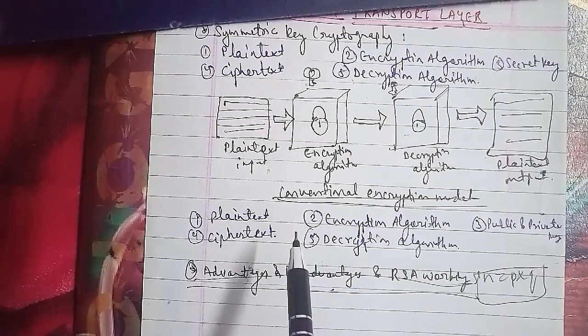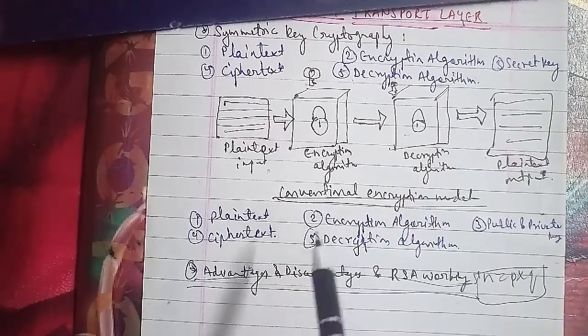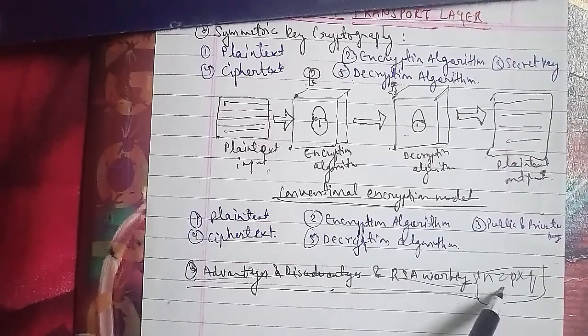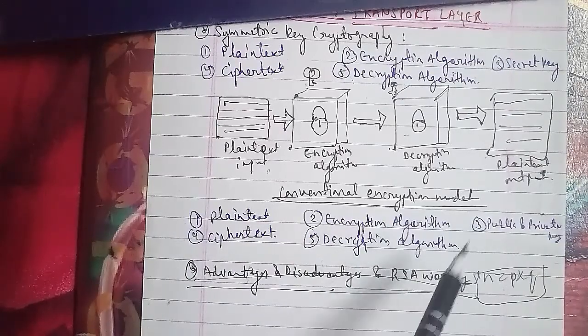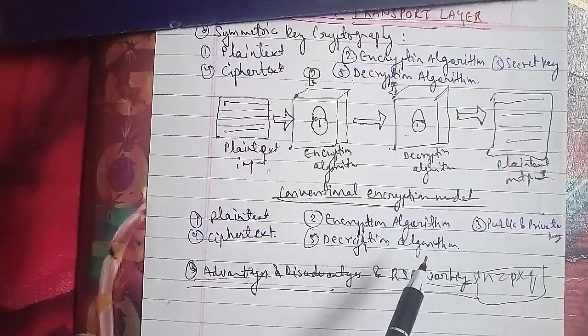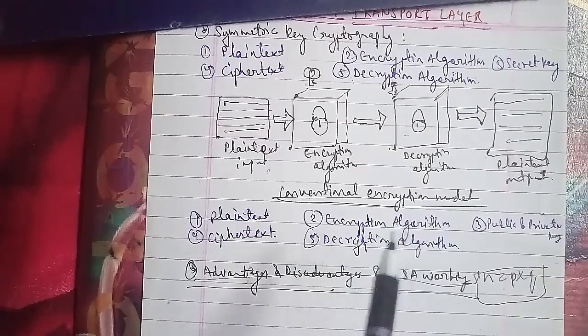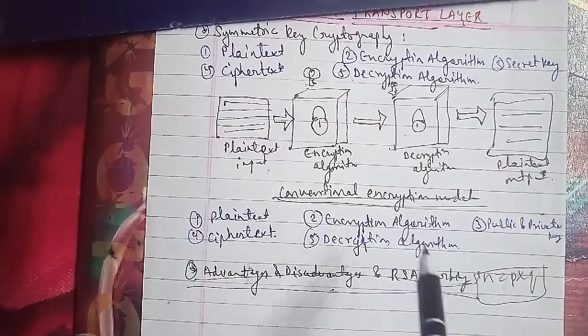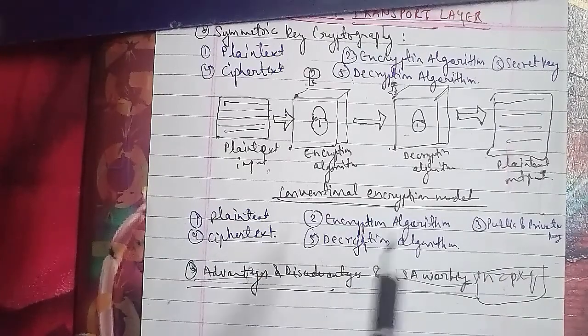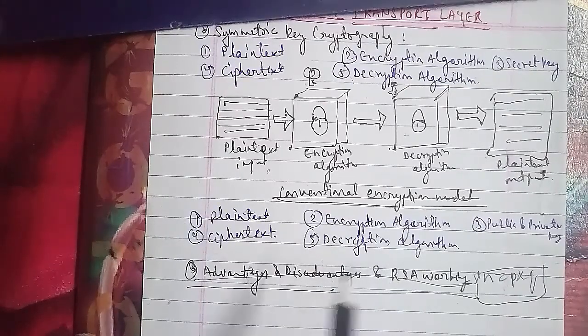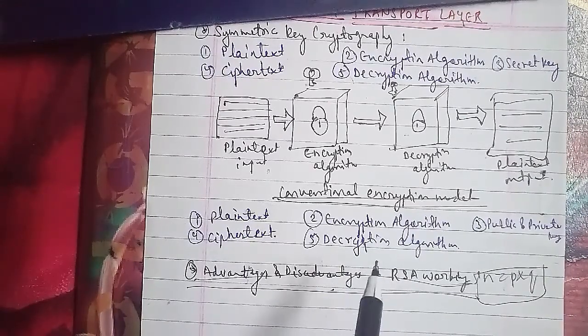Calculate phi of n, that is P minus 1 times Q minus 1, and pick E so that the GCD works out, and then we have to calculate D. After that, we get the public key, K of U equals E comma n, and the private key, K of R equals D comma n. For encryption, for the plain text block P less than n, the ciphertext is C equals P power E mod n. For decryption of the ciphertext block C, the plain text equals C power D mod n.